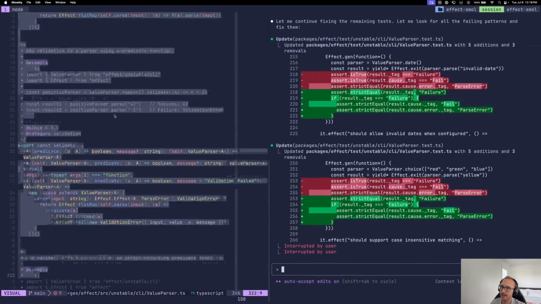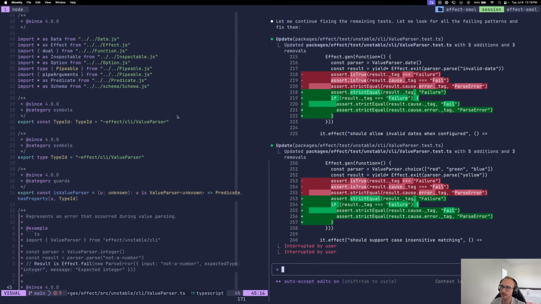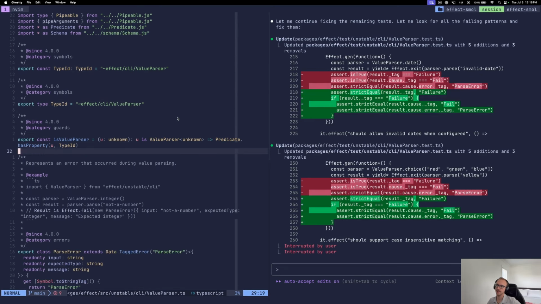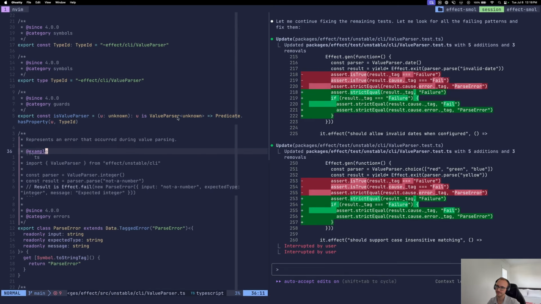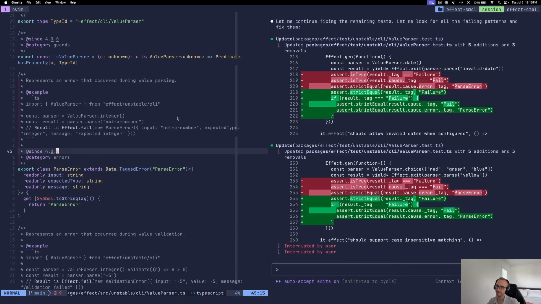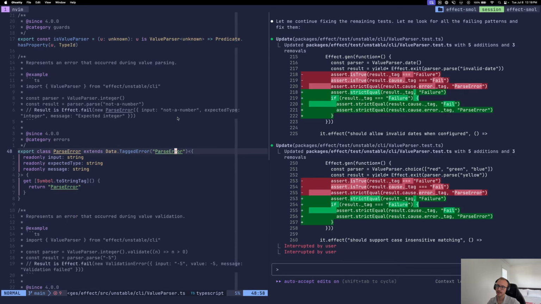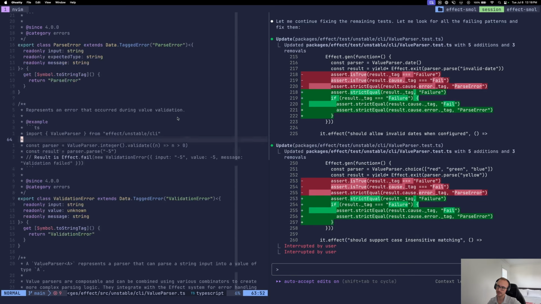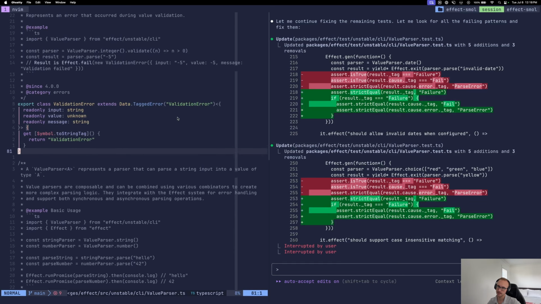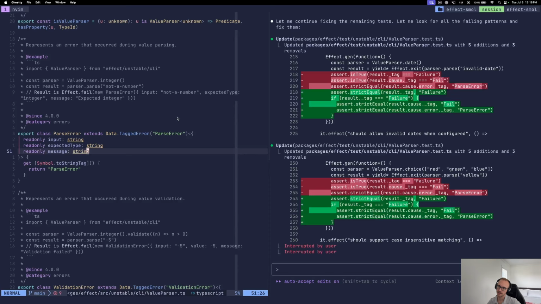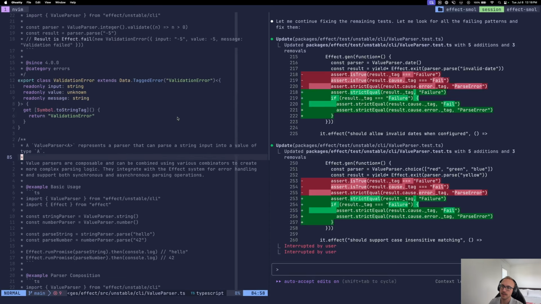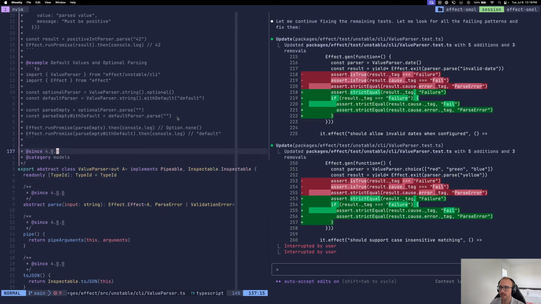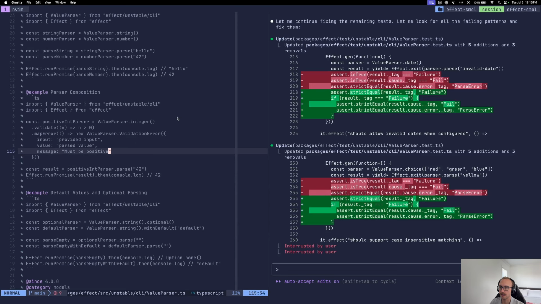So let's take a look here. I'm fine with all of this. I don't think we need this. I also don't think we need the validation error, because I'm fairly certain what I actually want here is